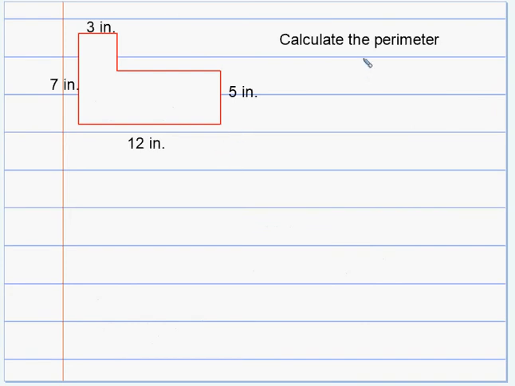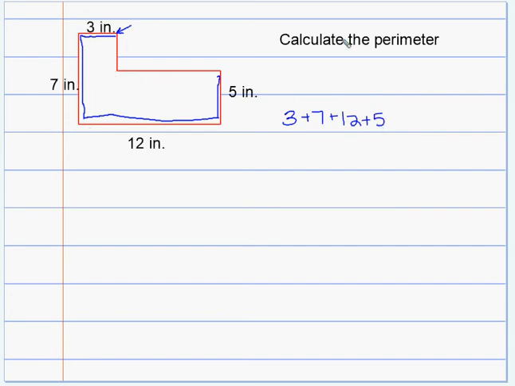One more. This is the last one for today. We're going to calculate the perimeter. Perimeter is to add up all the sides. Now, this isn't a complex figure. It's not one that I have a formula for. But let's just say I start here and I go all the way around. So I would add 3 plus 7 plus 12 plus 5. If all I did was take the side lengths that were labeled, 3 plus 7 plus 12 plus 5,